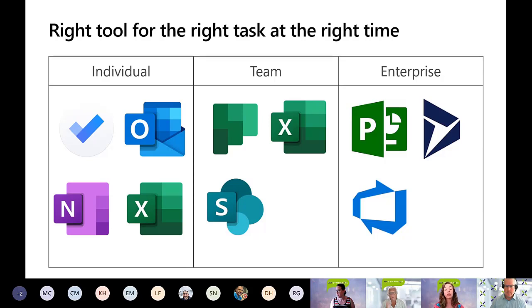And there's a lot of integrations being built in where To-Do is essentially a nicer UI for the classic Outlook tasks that we love. That's going to soon feed into Planner in Teams like we've discussed. So I have a one-stop shop of potentially seeing my personal tasks next to my team tasks. So when you're doing that evaluation for your team task management, make sure that you're also considering where people are going to be doing that individual task management and how they can see both at the same time, because they're both equally important.